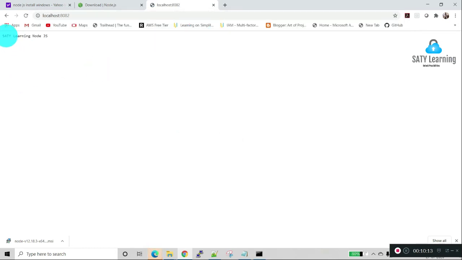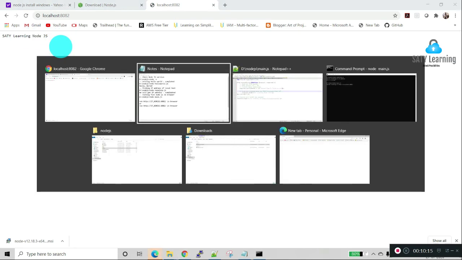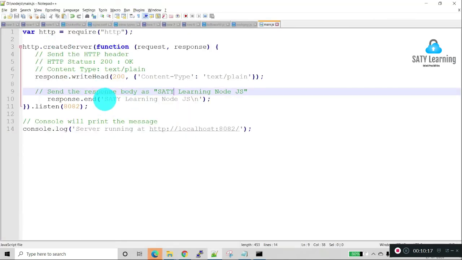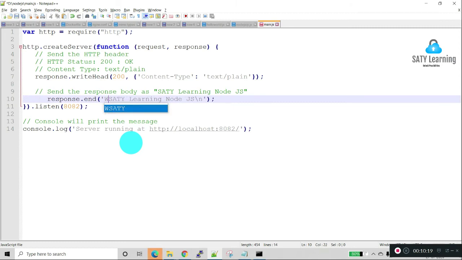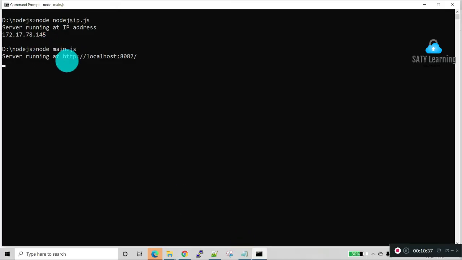We got the output SATI Learning Node.js. Now we will try to change the text to Welcome SATI Learning Node.js and refresh the page. The page will not change because the server is already started and running.